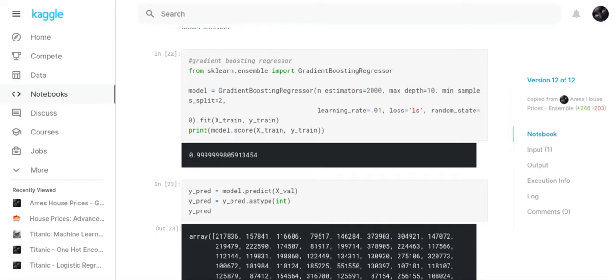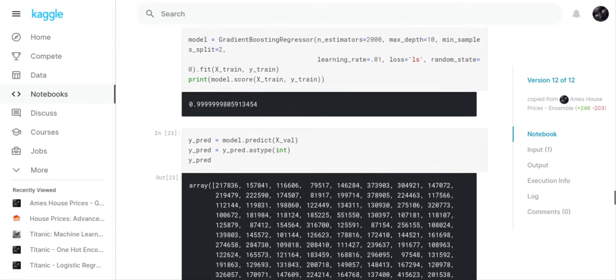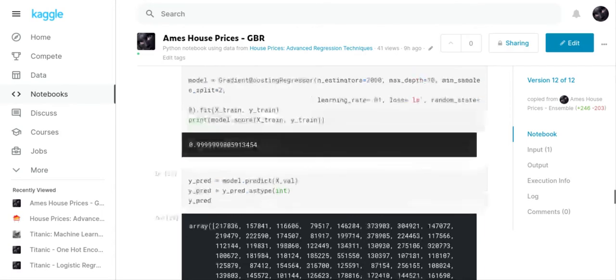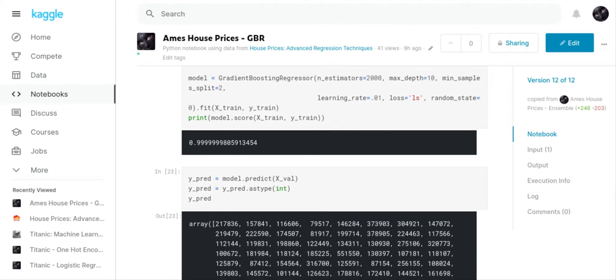The model has to be the same for the train file and the test file. If the test file has a different number of columns than the train file, then it just won't work. It'll go into error. So we fit our train file to our training set to a gradient boosting regressor, and we printed off our score,